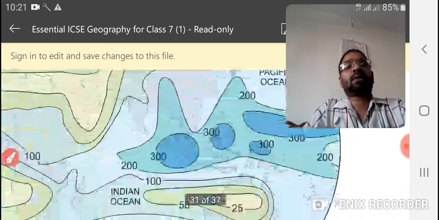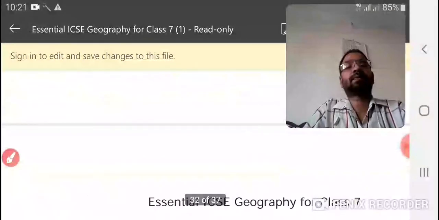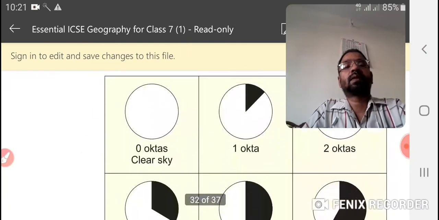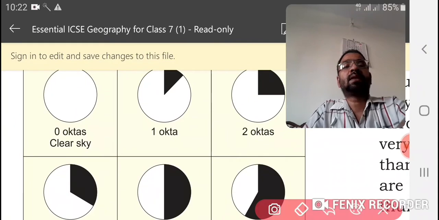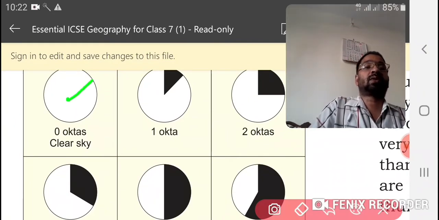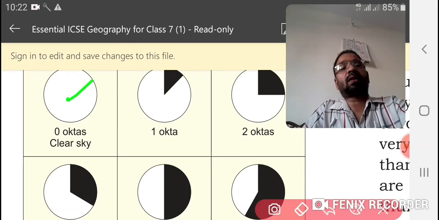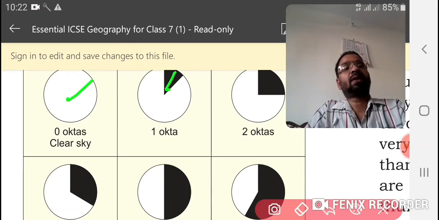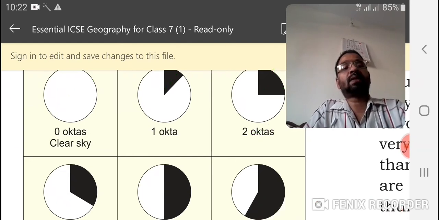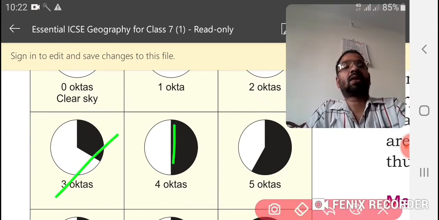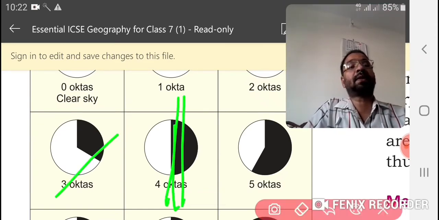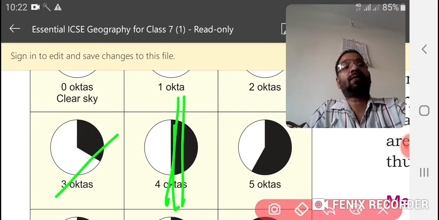And now another one. This is what octa means. When there is a clear sky, there is no shadow. Then 1 octa. This is some part, then 2 octas. Here we can see 3 octas. 4 octas means just half of 8, that is a half clouded sky.